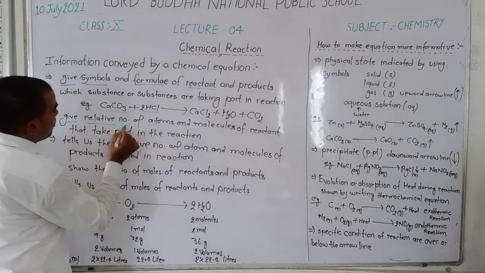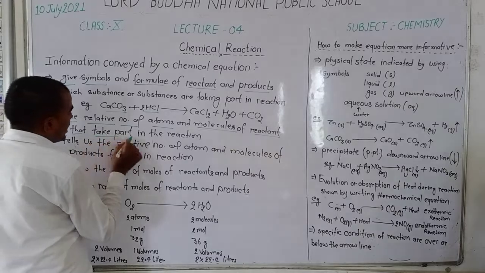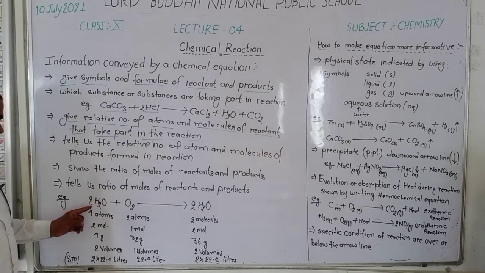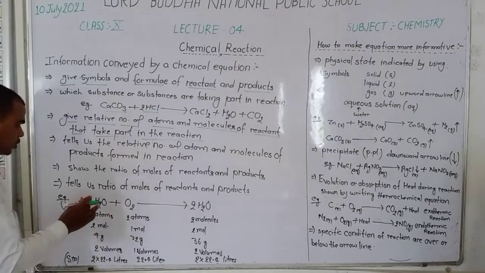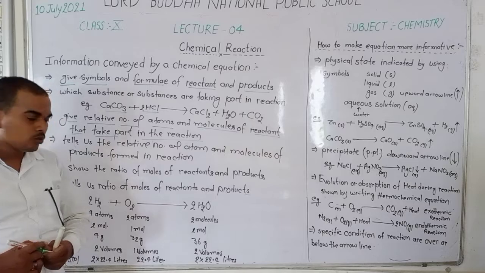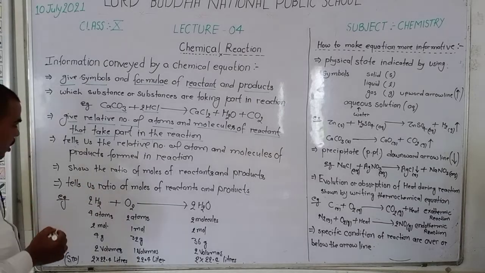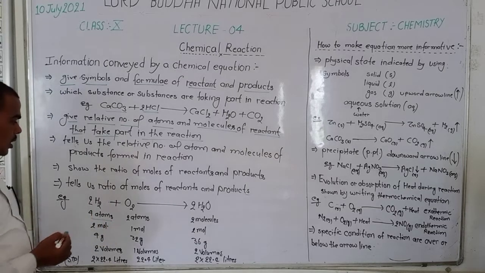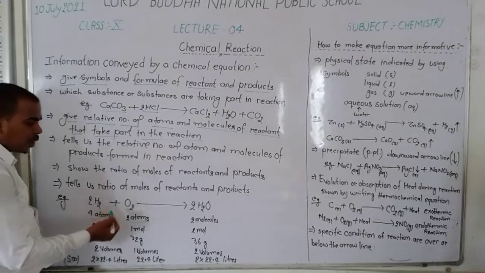Equations give the relative number of atoms and moles of reactants that take part in a chemical reaction. For example, given here, 2H2 plus O2 produce 2H2O. That means here the number of atoms, 2 twos are 4 atoms of hydrogen and 2 atoms of oxygen take part in the chemical reaction and produce 2